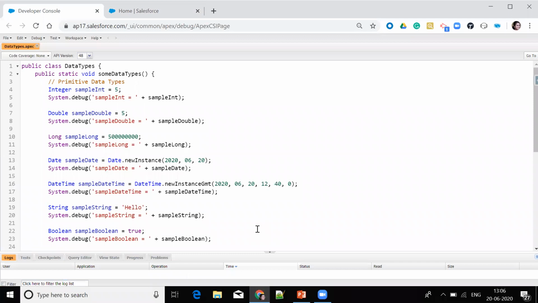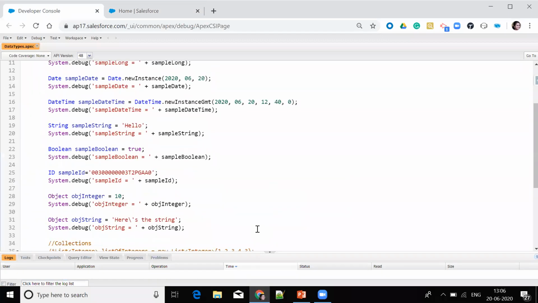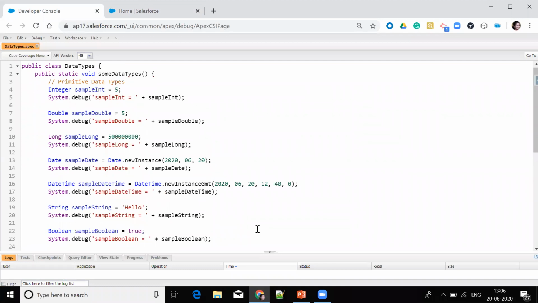Here I have listed how we can define some of the primitive data types. Firstly, we have integer, which I have named sample int and have provided the value 5. This is how we can define an integer variable in Apex.